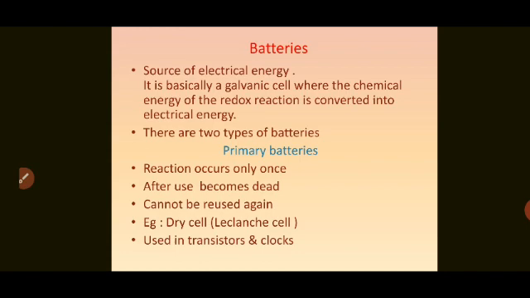You have seen the big cell which is used in a torch. Have you seen the upper cover? On that there are two ends. One end is the positive end and the other one is the negative end. That is, one is cathode and the other is anode. Along with the company name, some value is given. That is nearly 1.5 volt, which is commonly used in torch or transistors. So what is this? That we will study in the next video.